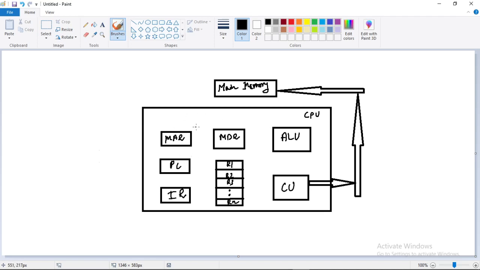After drawing this particular figure, please draw it quickly. You can pause this video and draw it. And after drawing this figure, you can write down the notes regarding this topic. So first of all, write down: